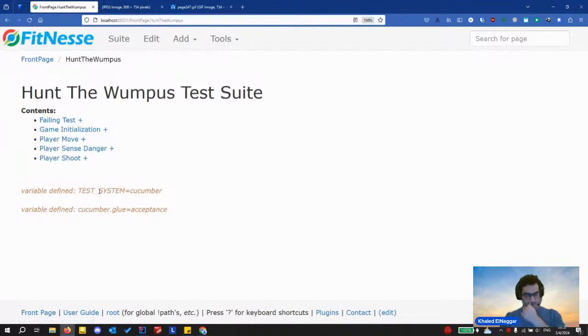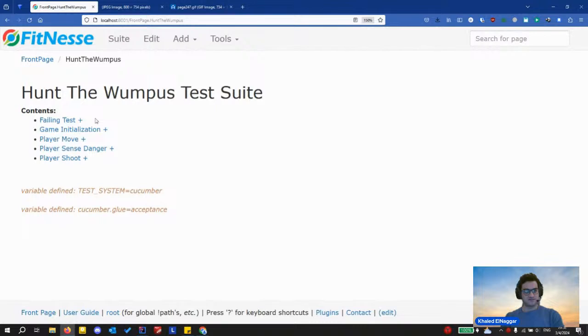As we already seen together, we have to define the test system as Cucumber. Otherwise, FitNesse will probably run by default against fit or against slim. I don't remember. And then we define the Cucumber glue or the step definition path. These are the feature files or the test pages which represent the feature files.